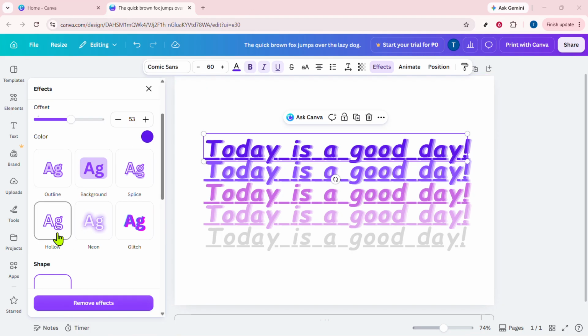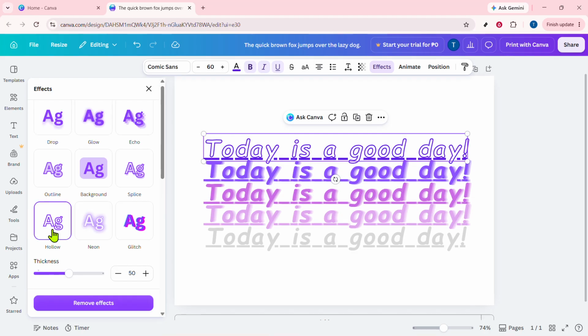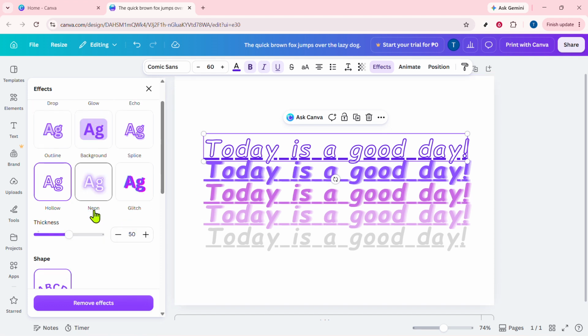From the list of available effects, choose Hollow. As soon as you click it, Canva will apply the effect to your selected item. The hollow effect creates a clean outlined appearance by reducing the solid fill and emphasizing the edges. This can be especially useful when you want a modern, minimal, or stylish look without making the design feel too heavy. It can also help certain headings or decorative text stand out in a more subtle way compared to bold,